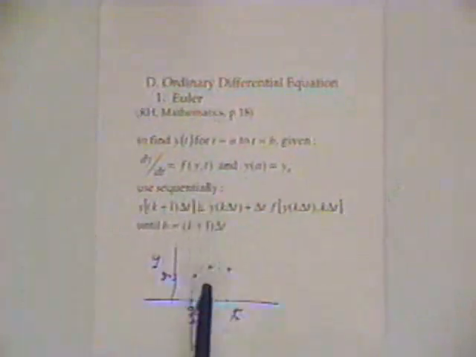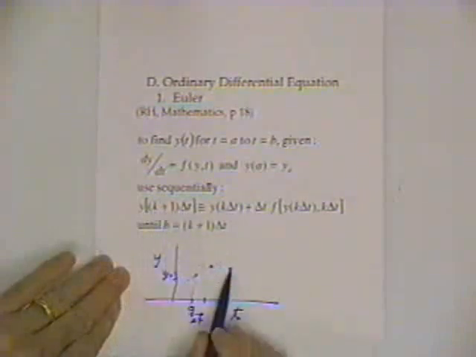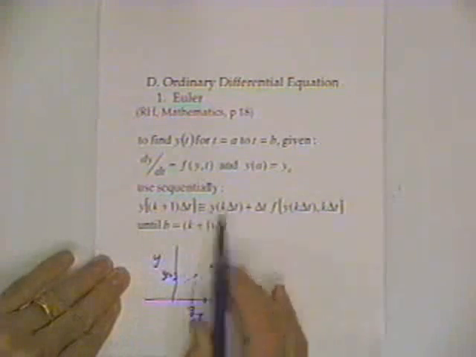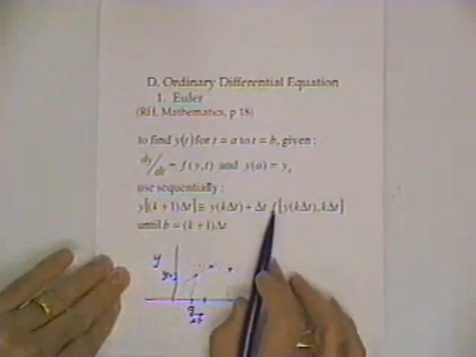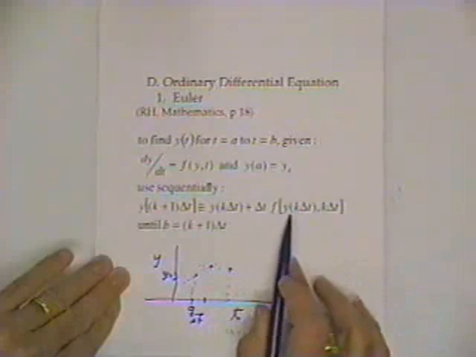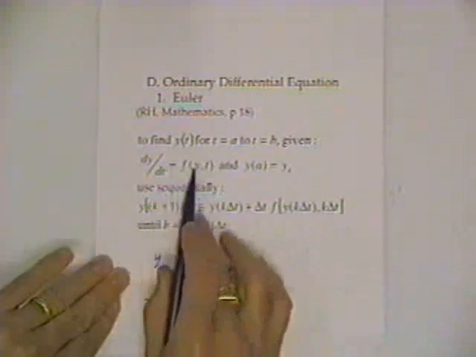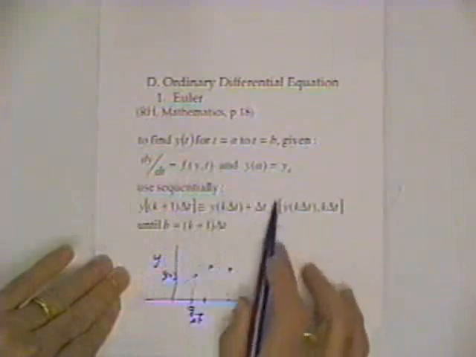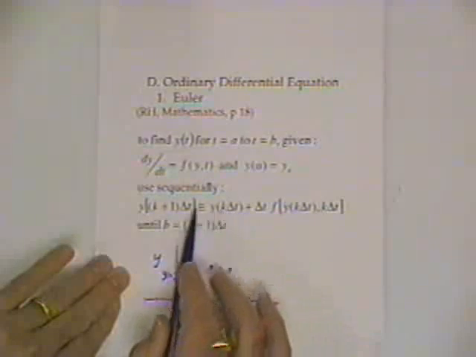All right, so in the Euler method, mathematically what it says is y at (k plus 1) delta t, in other words, y at the end of the interval, is equal to y at the start of the interval, k times delta t, where k is just some index to indicate where you are along this line, plus delta t times the function. Keep in mind the function is evaluated at y at the start of the interval and t at the start of the interval. So you have this function given to you. It represents the slope. You multiply the slope times delta t,